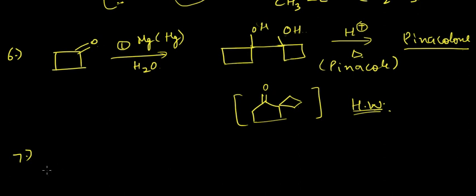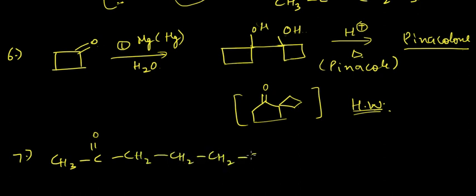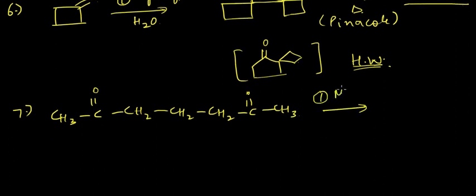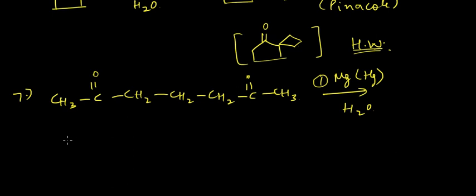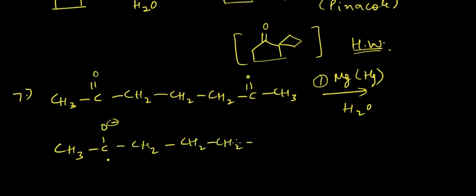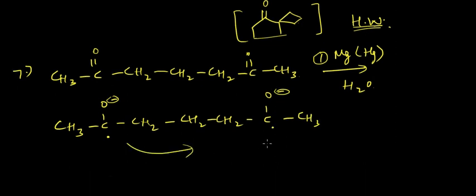Okay, now let us look at another example. We have something like this, and CH3. Now what will happen is we again pass magnesium in presence of water. In this case also, we will have something like this, O minus or dot here, CH2 CH2 CH2, 1 2 3 4 and 5, and CH3. These two free radicals will dimerize between themselves only, so intramolecular dimerization